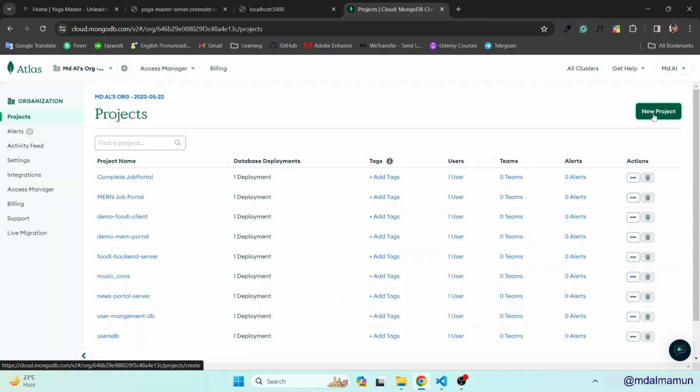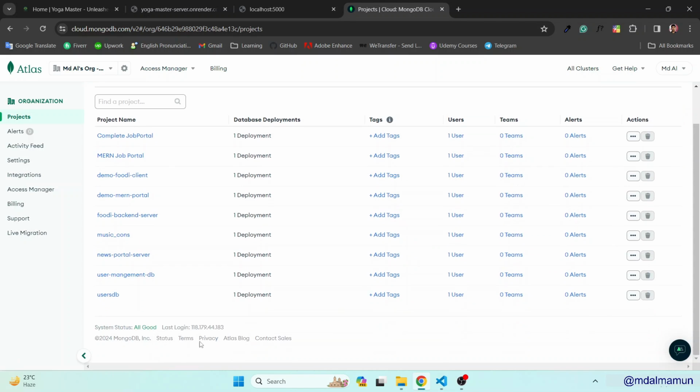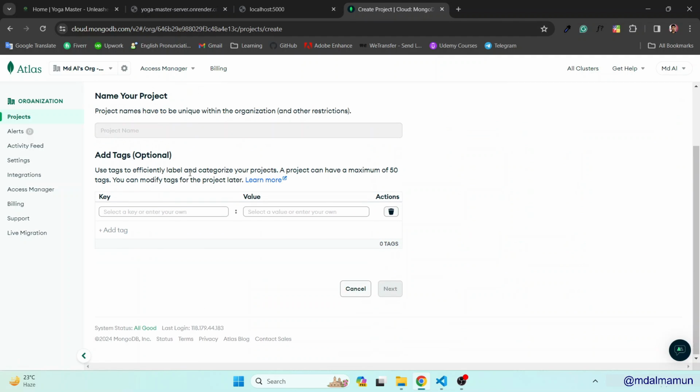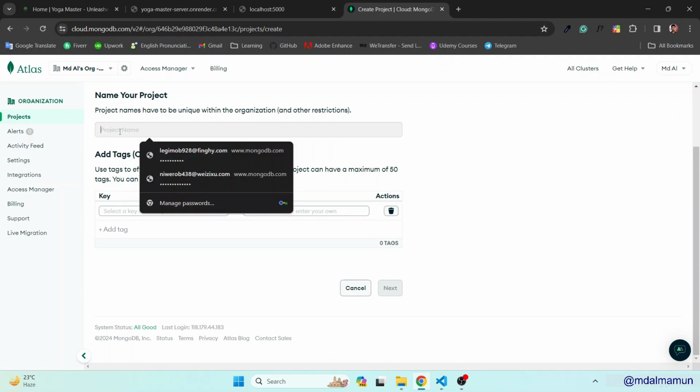You will have to set up a project first, and don't be worried about all of this stuff. Actually you will start from here. So come on this MongoDB Atlas, then you will create a new project. I'm clicking here. Then at the beginning we will have to define the project name. Let me define the project name